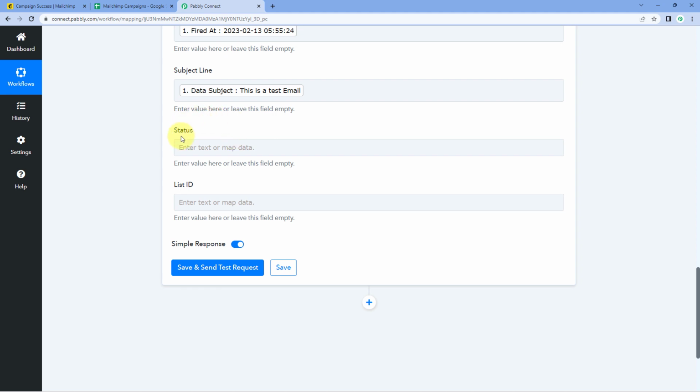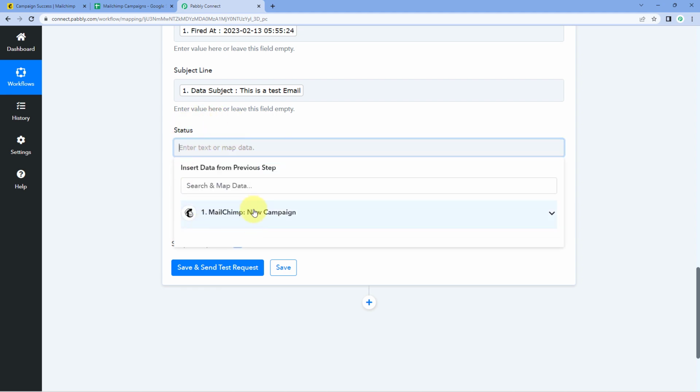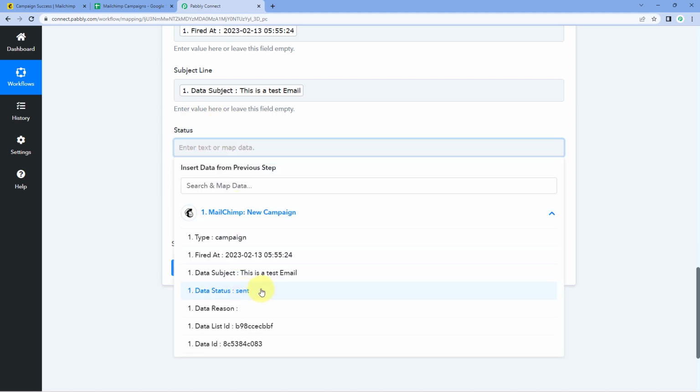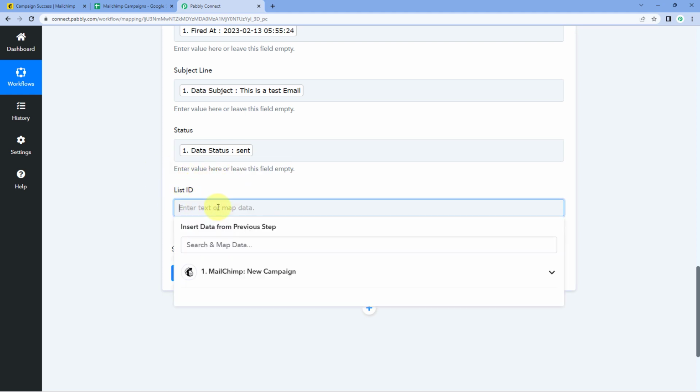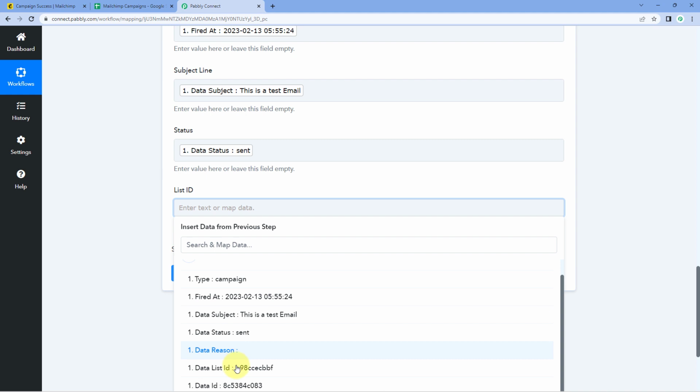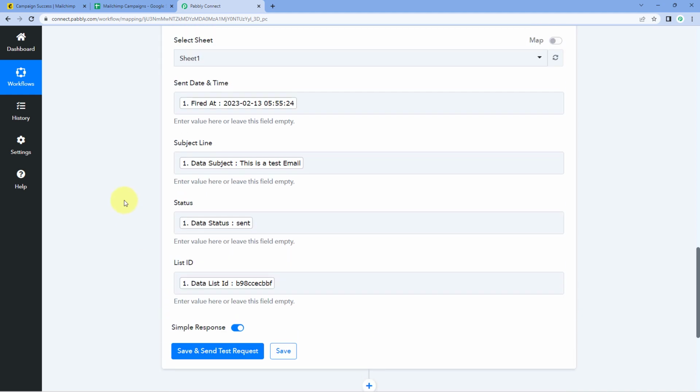Then it is asking us for the status. So just click here and from the drop down, map this status over here. And at last, it is asking us for the list ID. Just click here and from the drop down, map the list ID too. So here guys, one by one, we have mapped all the details of a new campaign which we have received